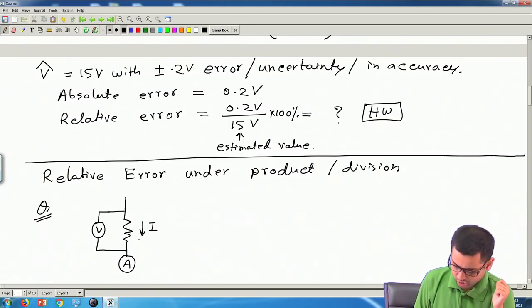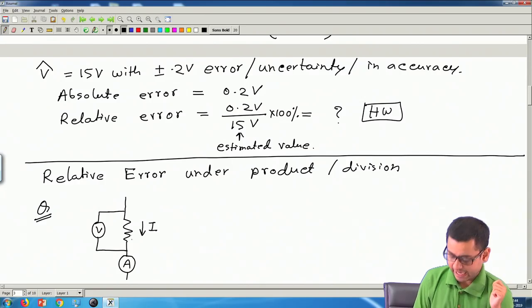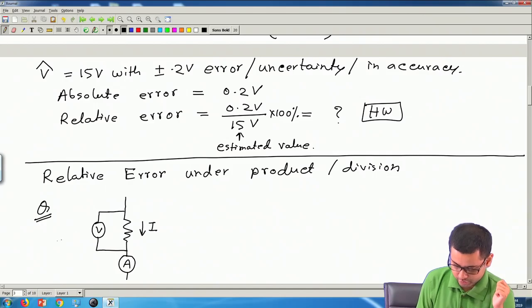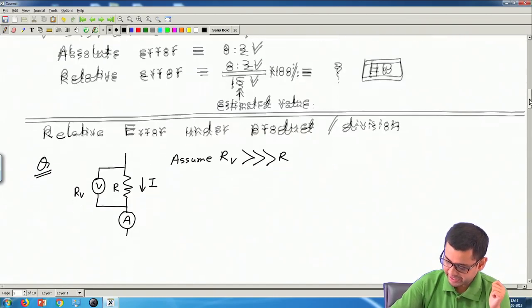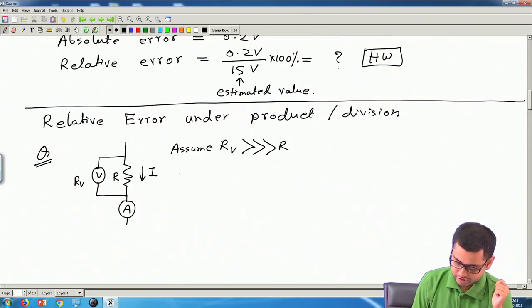For now, you can ignore whether the ammeter is measuring the current through this resistance alone, or it is actually measuring this current plus this current. For simplicity, assume the voltmeter resistance RV is very high compared to this resistance R. So this current is very small, and you can ignore that for this calculation. Now the question is,